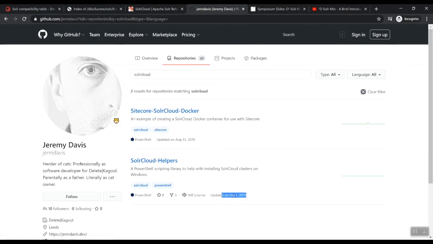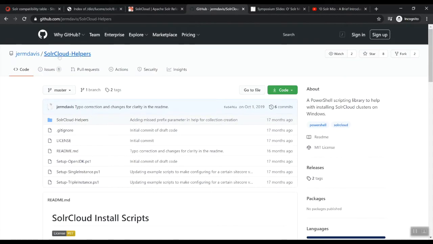This one was set up for, I guess, Sitecore 9.3, but today we're going to make small adjustments to his repository and show how to actually set up SolrCloud with Sitecore 10. So let's go into this repo, and we're here, and we're going